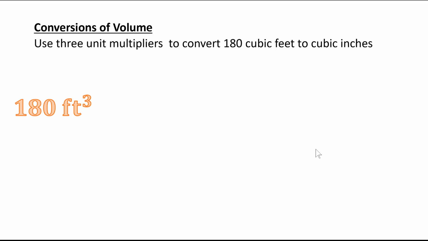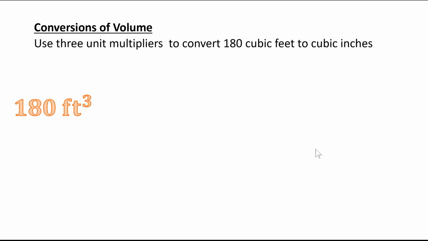All right, conversions of volume. Just like with area, when we have to use a unit multiplier twice in order to cancel square units, now if we want to cancel out cubic units, we're going to have to use the unit multiplier 3 times. So I have 180 cubic feet, and I want to change it to cubic